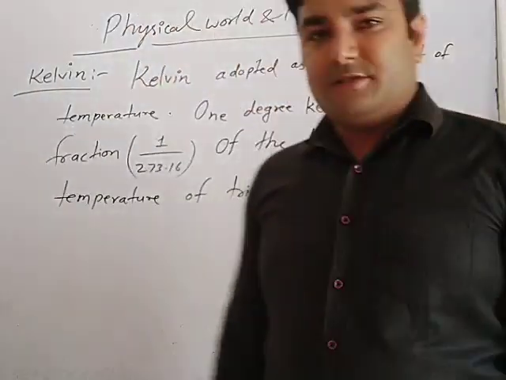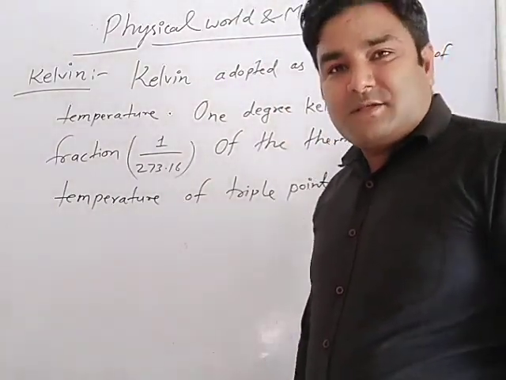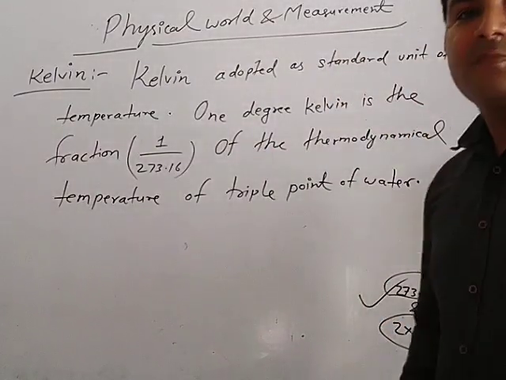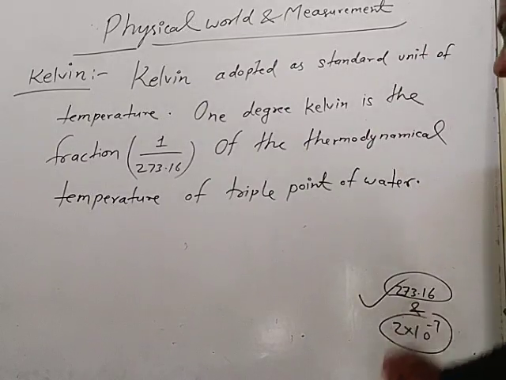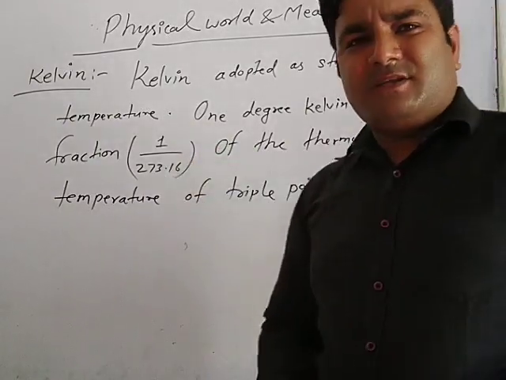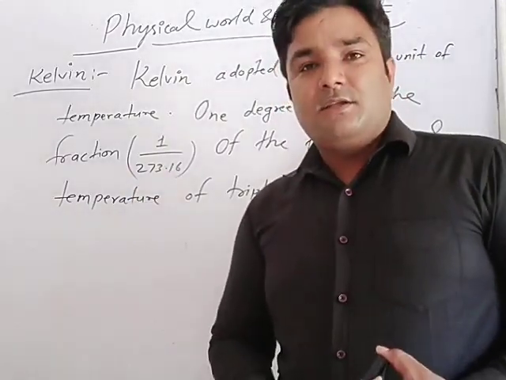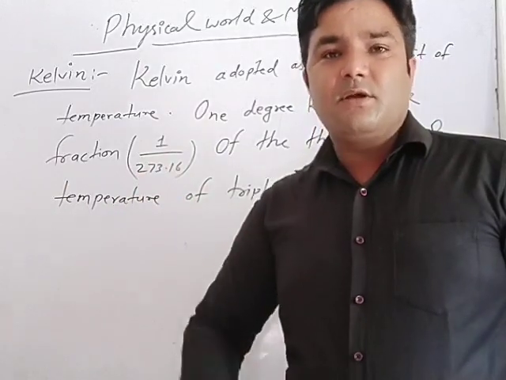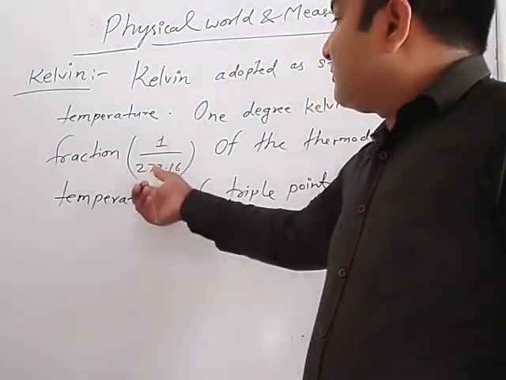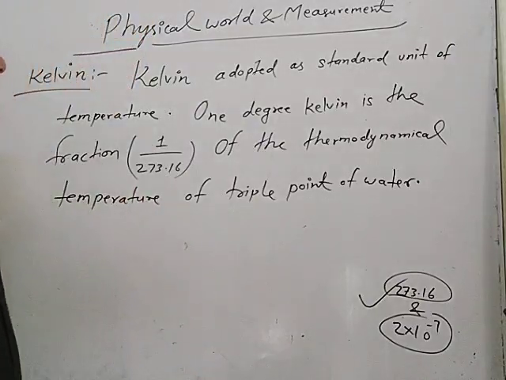I think in this definition there is no complex term, only one simple value, that is the numerical value 273.16, and with the help of this one you can define it easily. Here 1 upon 273.16. 273 is a factor generally used, except the point after the value, for converting Celsius into Kelvin or Kelvin into Celsius, 273 degree. So here 1 upon 273.16. Then after this, the second thing, that is the definition of ampere.